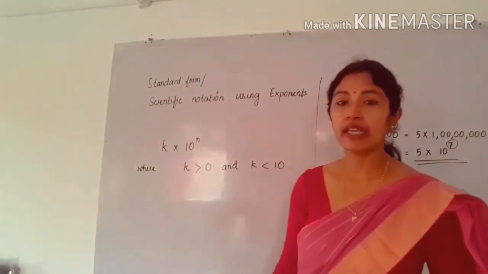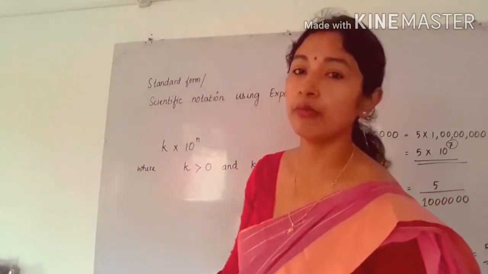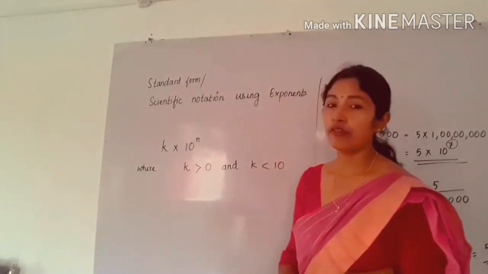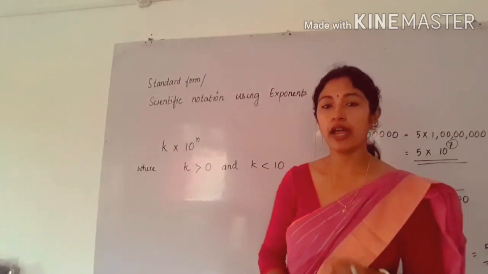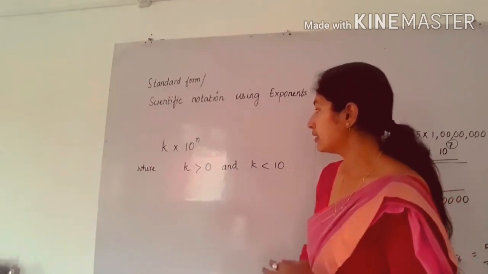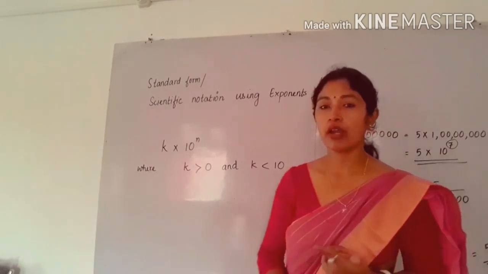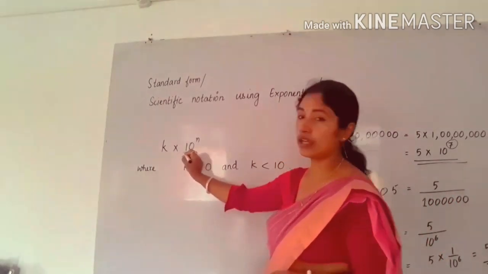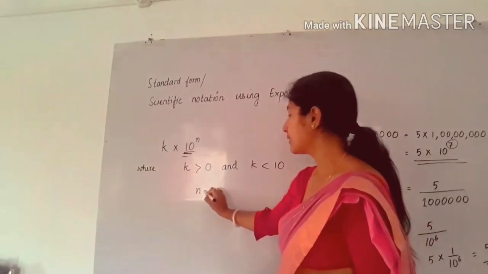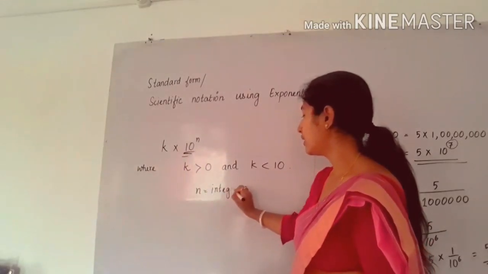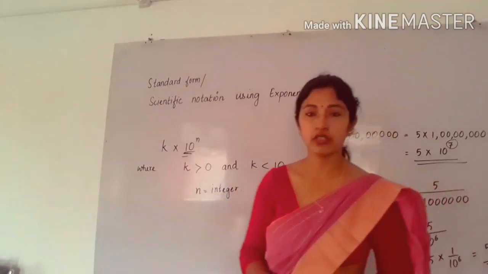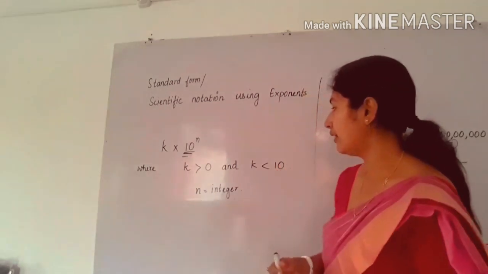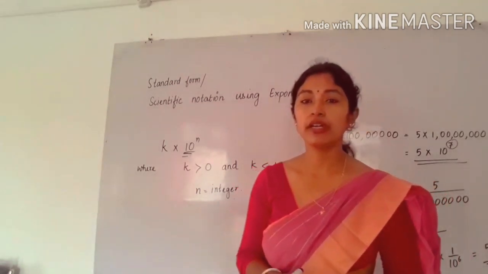We can write any number, that means we can write a decimal number also, like 3.2, 3.4. So in place of k, you have to write a number between 0 and 10. Next is 10 to the power n. The 10 is a constant, it will be the same. You cannot change this 10, but in the power, n is an integer. Integers, you already know, are negative as well as positive, and 0 also. So in place of n, you have to write an integer. It should not be a decimal number.